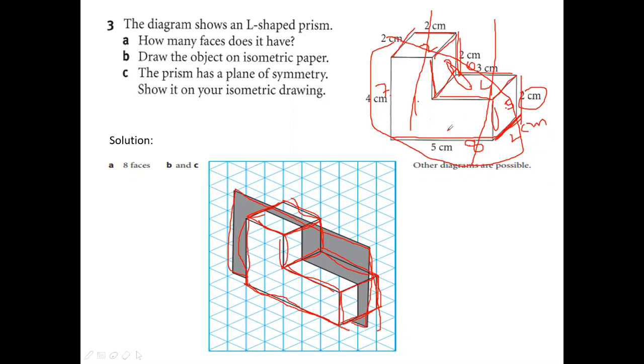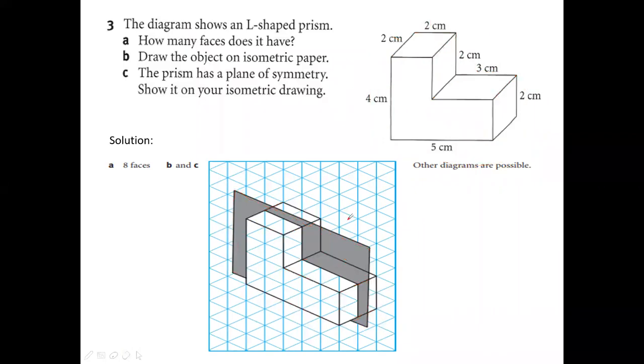First, count the faces which are visible, and then the ones which are not visible, you also have to imagine. Front face is there, back face is not visible. Right face is visible, so left face is not visible. Top is visible, so bottom is not visible. All those things you have to count. Then drawing on isometric paper is very easy. Just count: the centimeters are given, so each centimeter is one base of the triangle. 4 means 4 triangles you have to cover. From the end you have to start. Every time from the end point you have to start. Okay? Did you understand this? So next, go to question number 4.